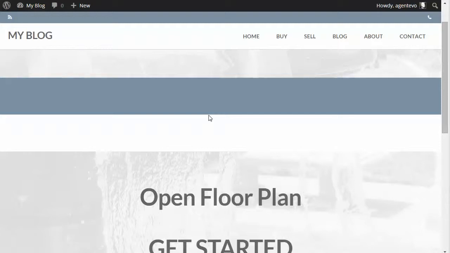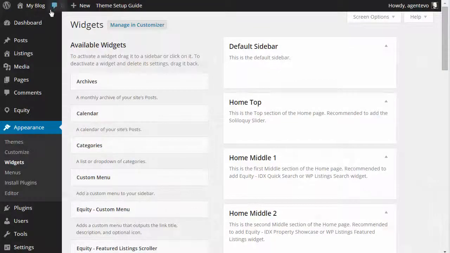If you prefer to start from scratch, we're going to go through each one of these home page widgets, and I'm going to show you how to set them up. We're going to set them up for no IDX. We're going to be using the WP Listings plugin, so we're going to set up these areas with the WP Listings widgets. So let's go to our dashboard, and in our dashboard we go to Appearance Widgets,